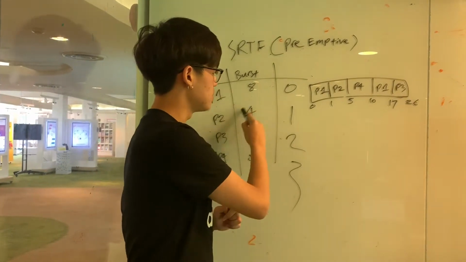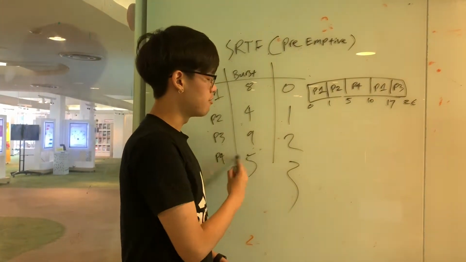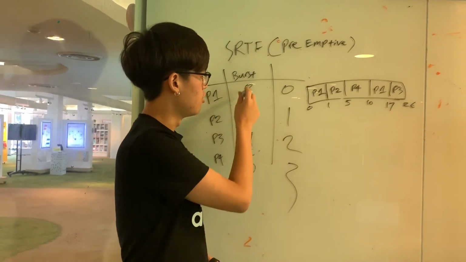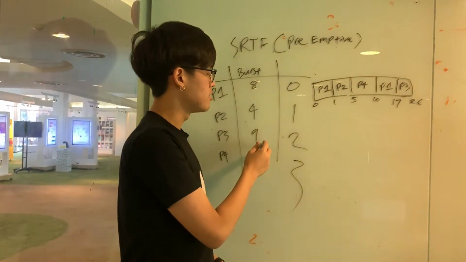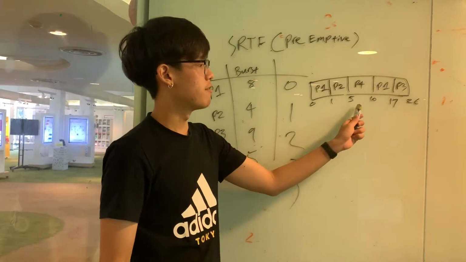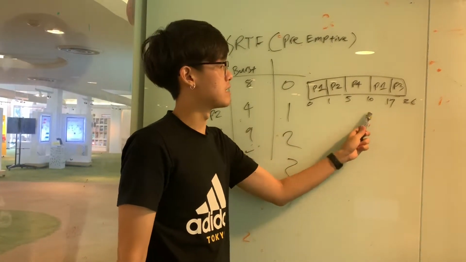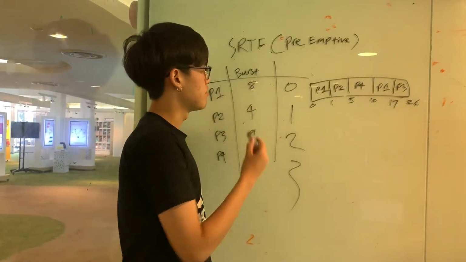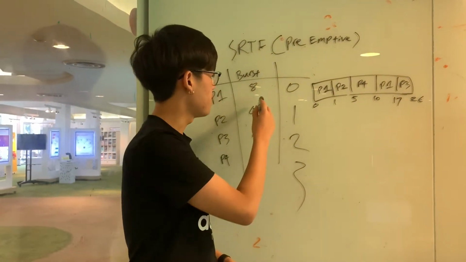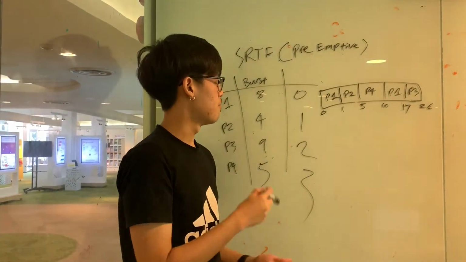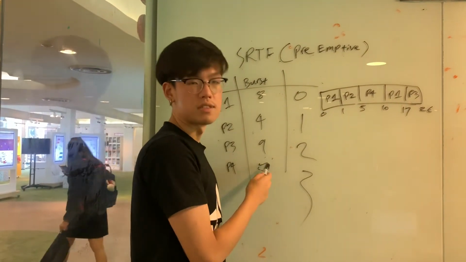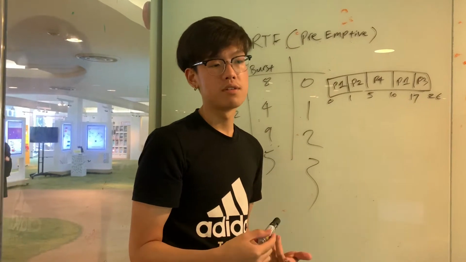Once processor 2 is done executing, processor 4 will have already joined the queue and it actually has the lowest burst comparing to 1 and 3. Therefore, it will actually take priority and be executed. Lastly, processor 1 will be the next to execute and it is only left with 7 bursts comparing to 9. And after processor 1 is done, processor 3 will then take priority.